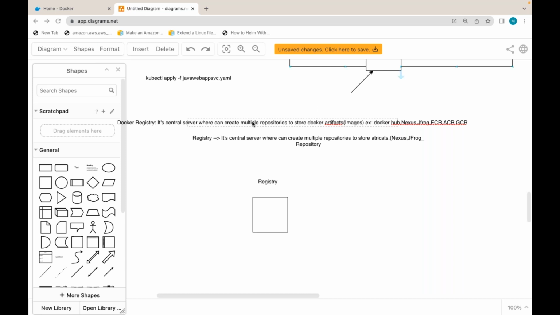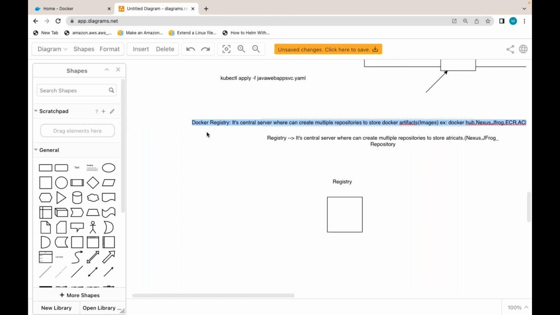Can I call all these Docker registries where I can store my Docker images? So a Docker registry is a central server where we can create multiple repositories to store Docker artifacts, basically images. Examples: Docker Hub, JFrog, Nexus, ECR, GCR, ACR.